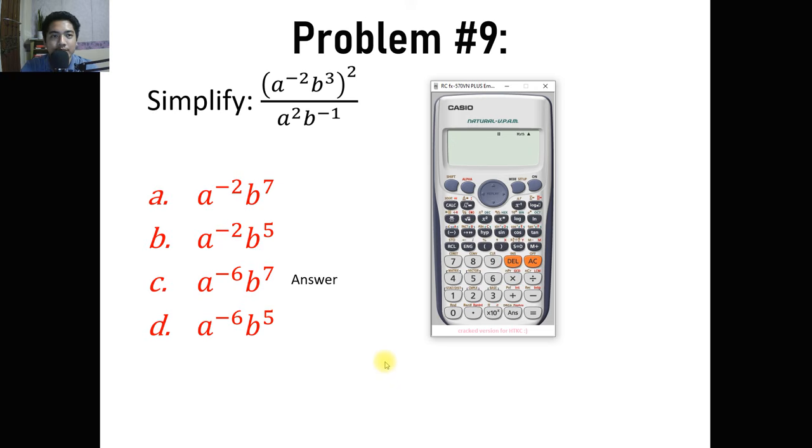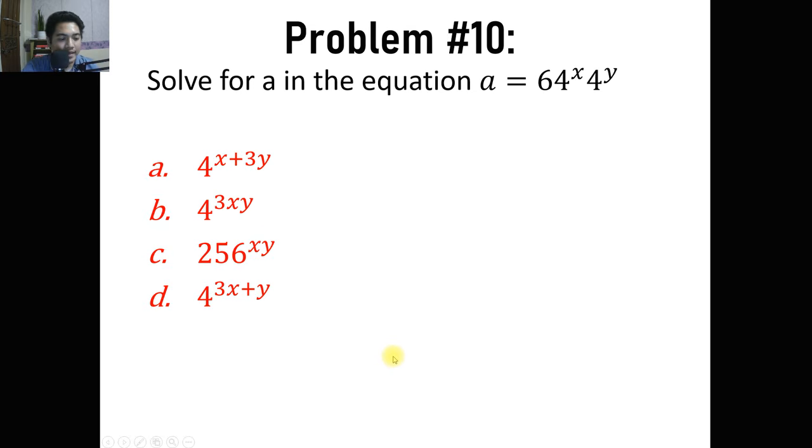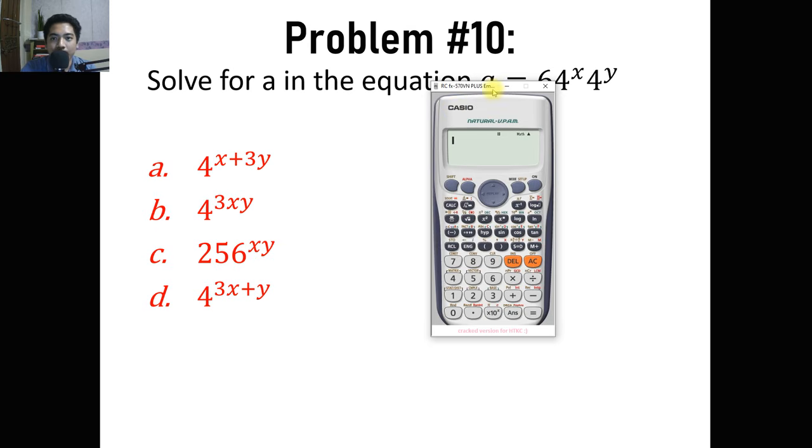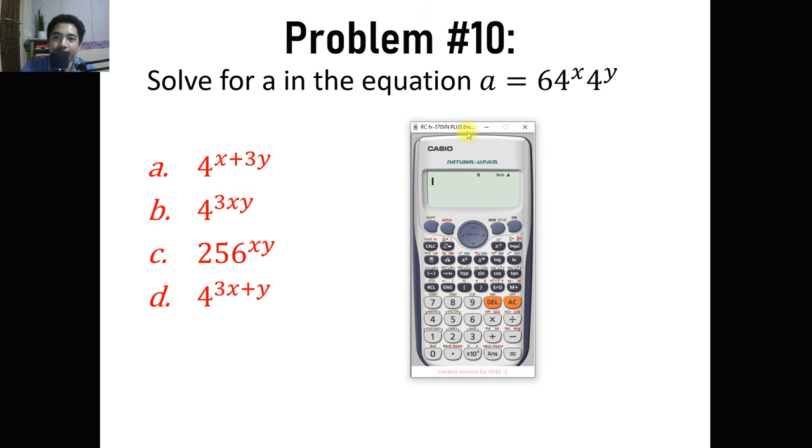Okay, let's go now to the last problem. Problem number 10. Solve for A in the equation A equals 64 raised to x multiplied by 4 raised to y. Again, this is a very basic example. So we're going to let values of x and y here so that we can compute the numerical value of A, and use the same values of x and y in calculating the choices. Whichever equals the value that we calculated here on the choices is the